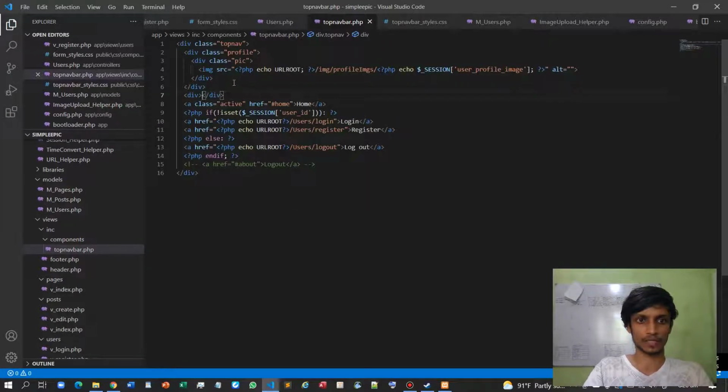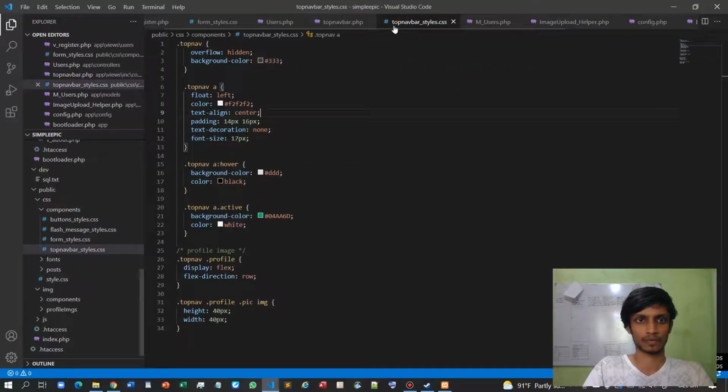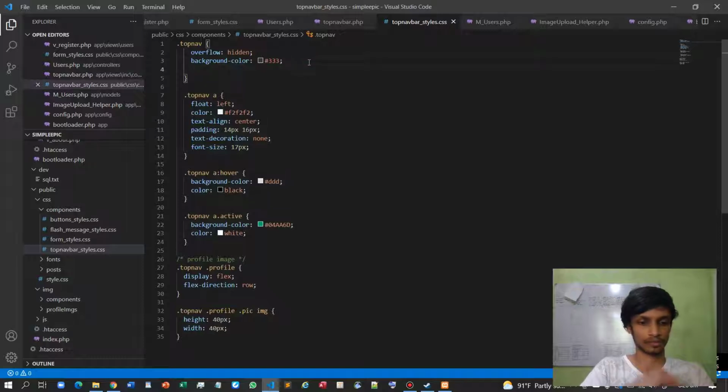For now, I will simply add two divisions. Later on, I will add a more comprehensive one. Then inside this top nav, overflow is hidden, display is flex,